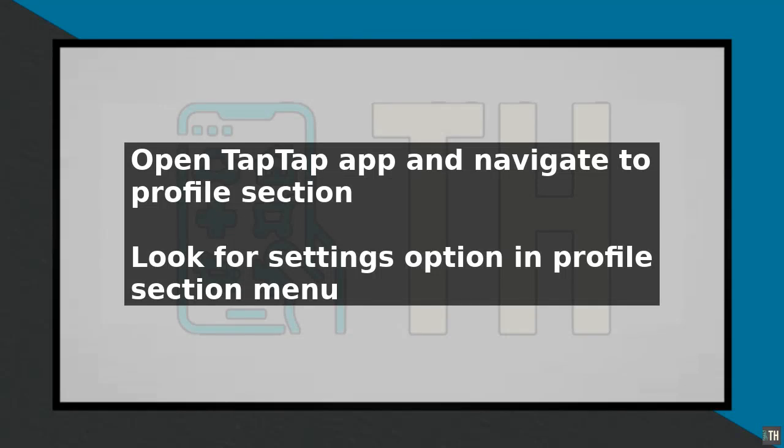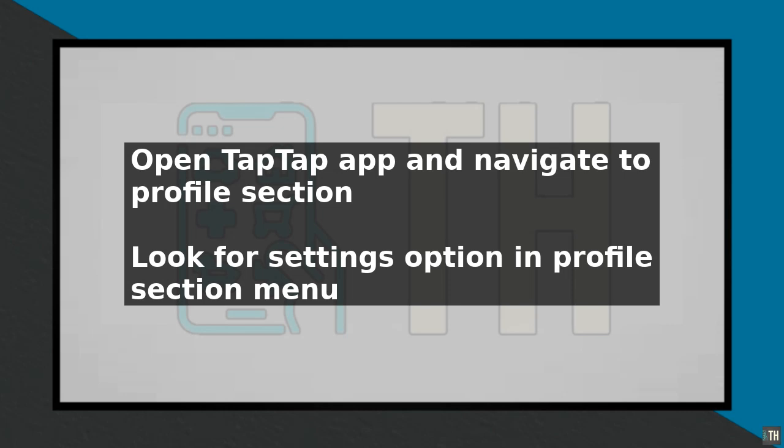Updating the Taptap app is a straightforward process that ensures you have access to the latest features and games. To begin, open the Taptap app on your device and navigate to the profile section, usually represented by an icon of a person. In the profile section, look for the settings option, which may be represented by 3 dots or